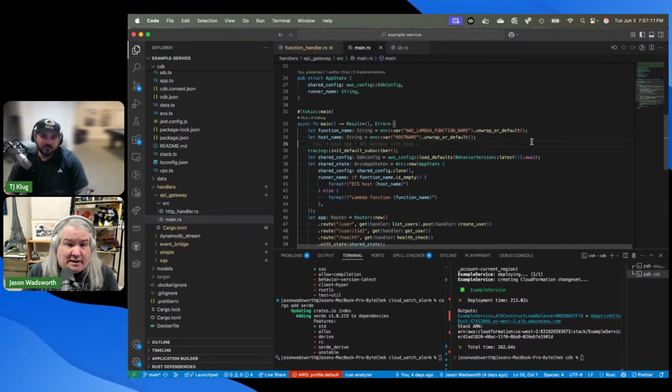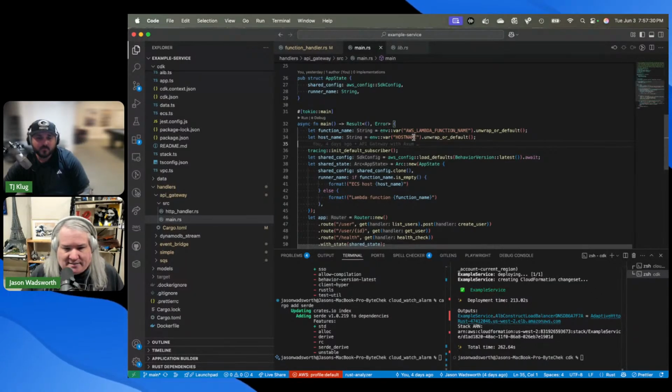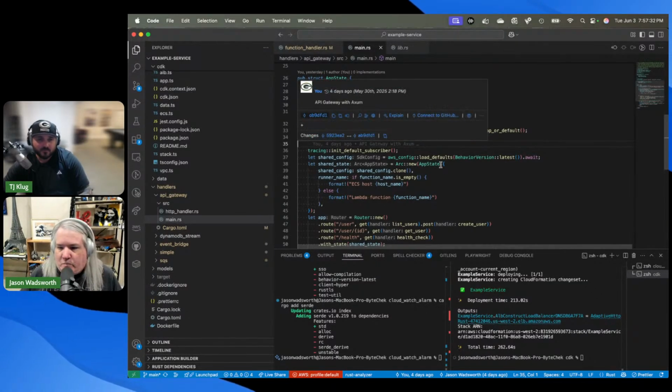I did the exact same thing here. So this API gateway is designed to be able to run both in Lambda and on ECS, and it actually is running in both. So what I do here is I'm grabbing these two values from the environment, and I do that because I'm going to show them in my response. I'm like, hey, this one hit this one versus the other one.